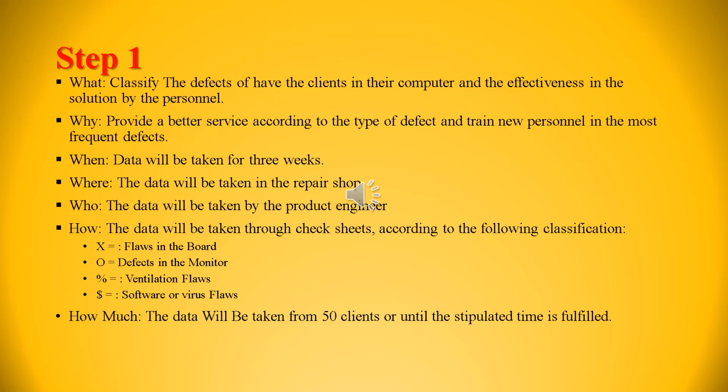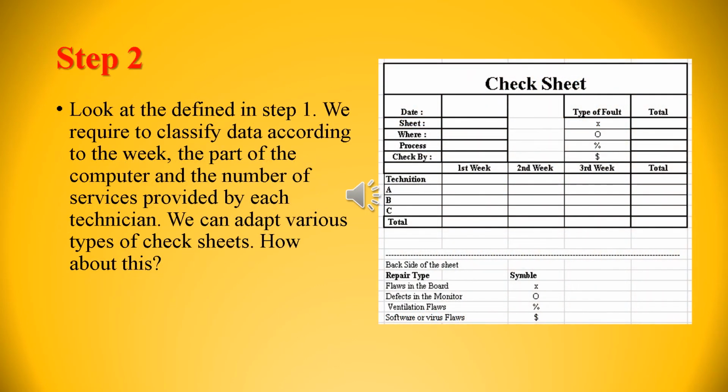The owner decided to collect information from 50 clients that were provided technical service during the specific period. The owner has decided to categorize the type of errors that are present, their frequency and the number of errors that can be solved by the technician for a period of time. Now you can see a sample check sheet that has been prepared to fulfill that requirement. Then after that you can restart it.